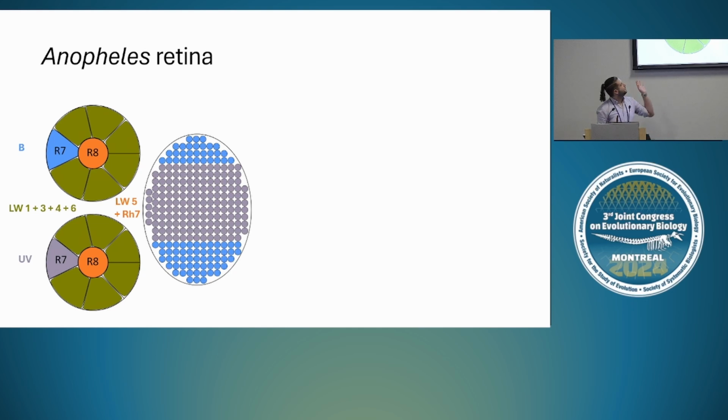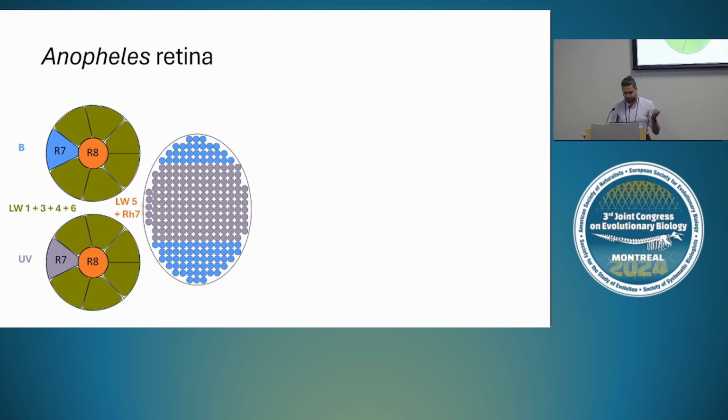On the left, I put ommatidia of mosquitoes. An ommatidium in the mosquitoes has 8 photoreceptor cells, 7 that are around the rhabdom, and 1 on the bottom. Basically, there's only one photoreceptor cell that changes and makes the stripe. It's R7 that will either express blue or UV. All of the ones around will co-express 5 different long wavelength